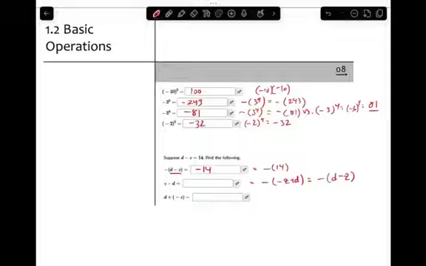In the second example, we need our z to be a negative and our d to be a positive. So I'm going to take out a negative sign, making this a -z and a +d. And if I reorder those, -(d minus z), d minus z I can replace with 14. So once again, we get -14 for the answer here. And then the following, or the last one,